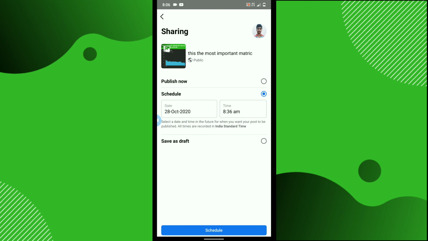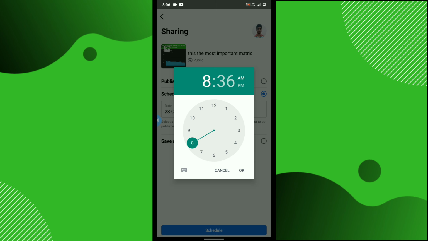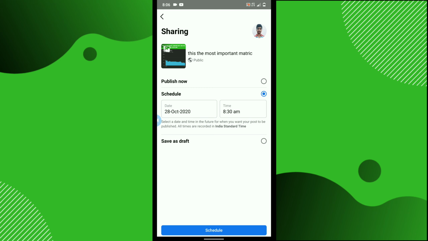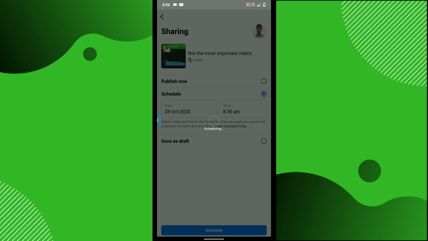Next, schedule the date I want to schedule it. Schedule. It's done. By scheduling this, you don't have to worry about posting at the exact time. Go on Creator Studio and schedule your post.